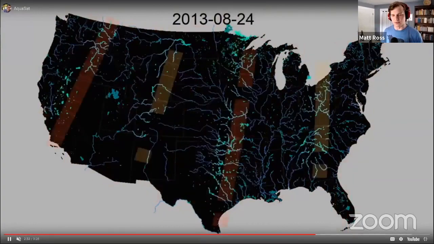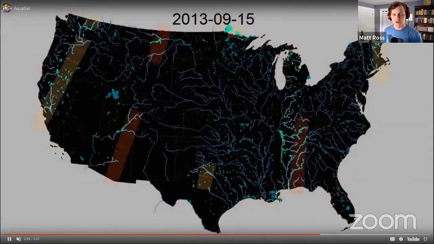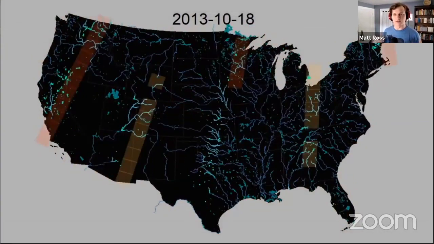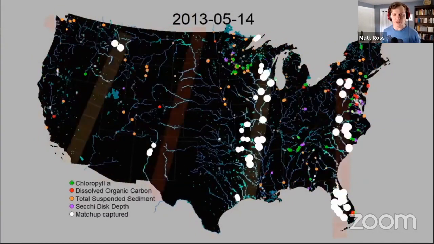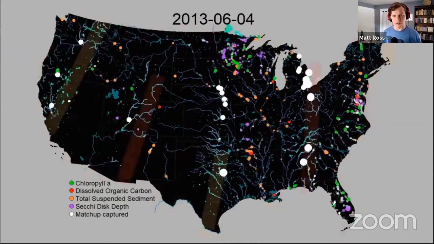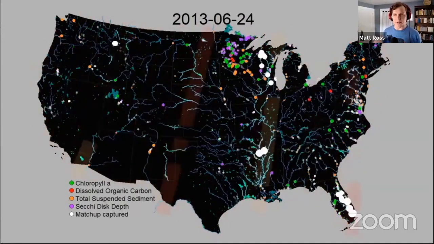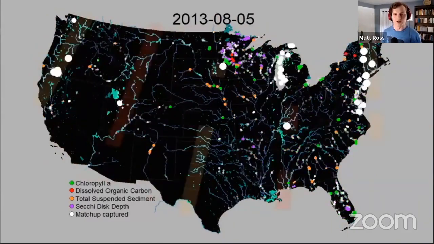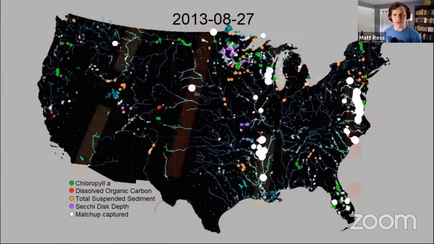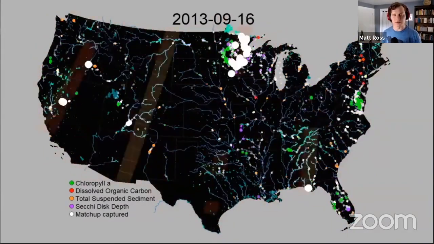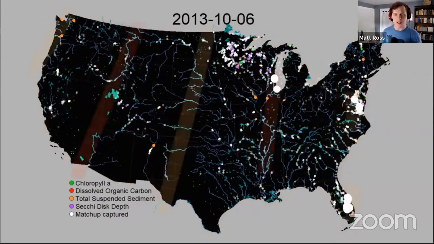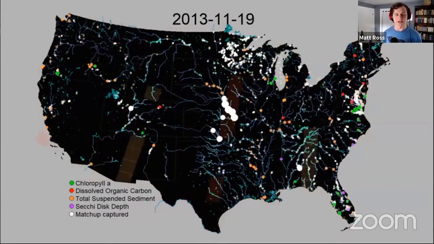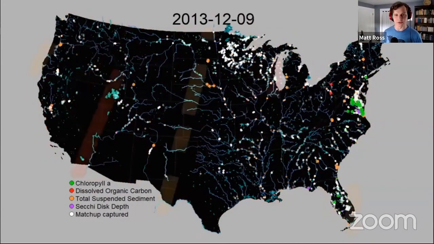And so what we did with this approach is we took this data set and the in situ data set, and paired them together so that every time someone took a sample randomly in the field, just for some local water quality monitoring program, and we had a satellite image going over it the day before or the day after or the same day, that went into our database, which we called Aquasat. So now every time something's flashing white, we captured that data and we put it in our data set. And that's what we published as an open access data set to encourage more people to do remote sensing of water quality.